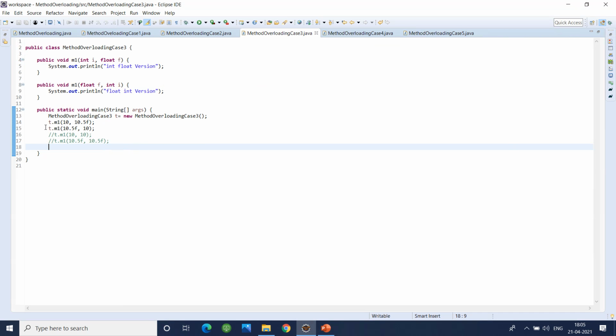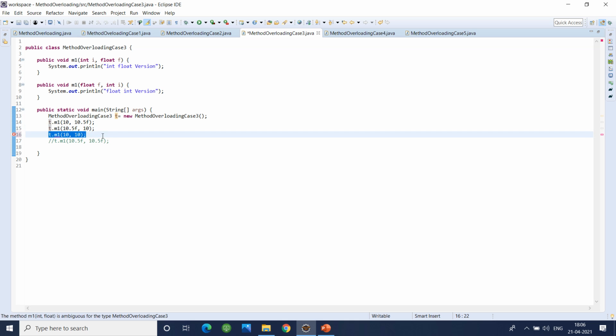and you can see that for the first one it's pretty clear that the output will be, as we are passing 10, so 10 is an int or integer, and 10.5f is a float value, so that's why we will get int float version as the output. For the second one we are passing float first and then int, so float int version will be the output. But let's see for this one, we are passing both as an int. Okay, so both arguments we are passing as an int,